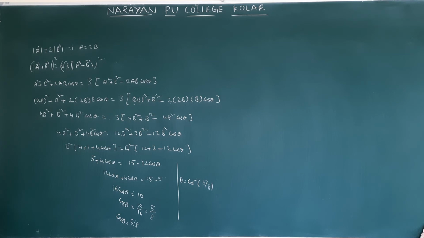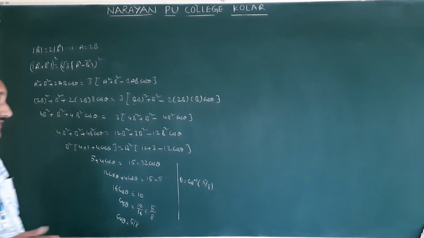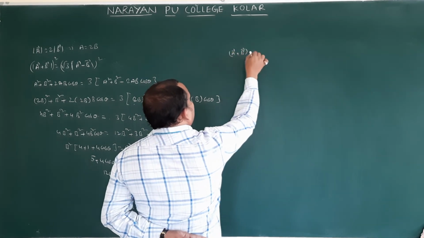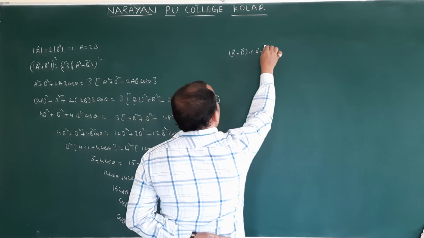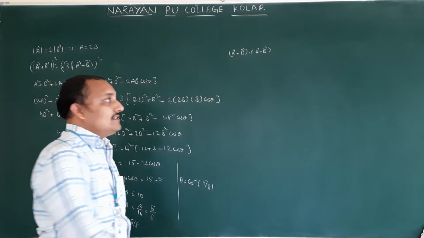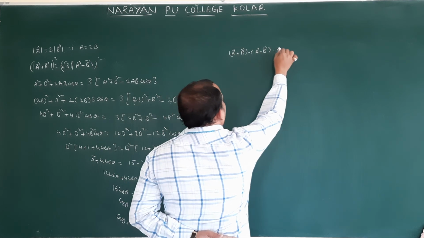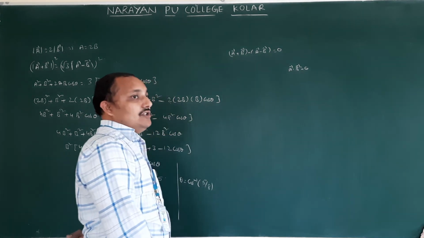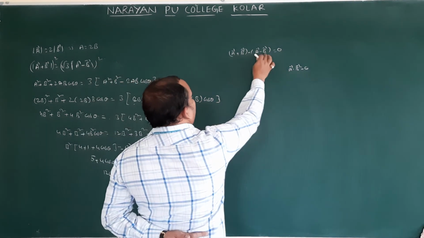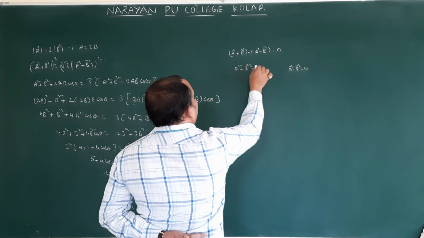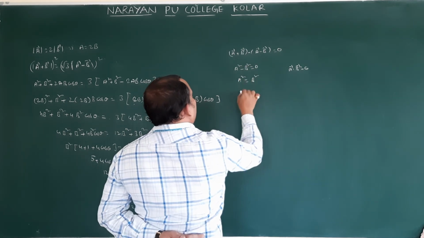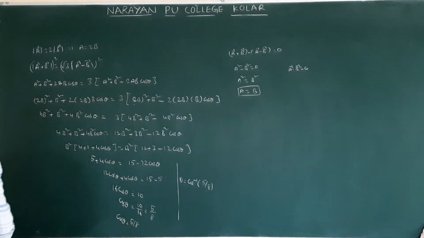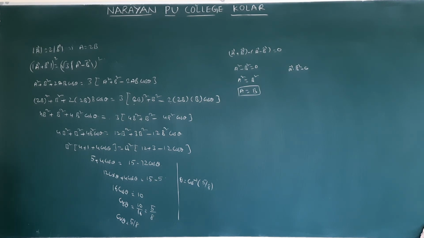The vector sum of two forces is perpendicular to their vector difference. Vector sum means A bar plus B bar. Difference means A bar minus B bar. Both are perpendicular means the dot product is going to become 0. If two vectors are perpendicular, the dot product of A bar and B bar is going to be 0. So therefore, (A plus B) into (A minus B), how will you write it? A square minus B square. Then A square equals B square, then A is equal to B. Then both the vectors are equal according to magnitude. Therefore, option 3 is correct.